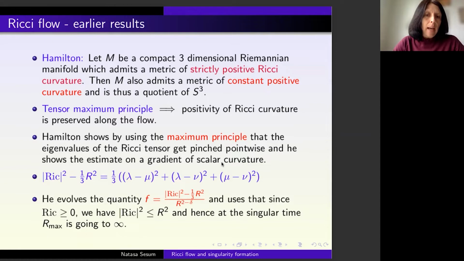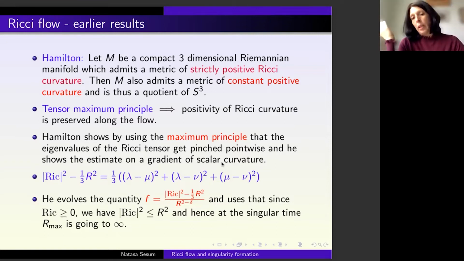So this quantity F is the one which breaks the scaling invariance. So if δ were 0, this quantity would be scaling invariant. But since you have this δ bigger than 0, it breaks the scaling invariance. And he considered the evolution of F along the flow, and he proved that this is uniformly bounded along the flow, which means that